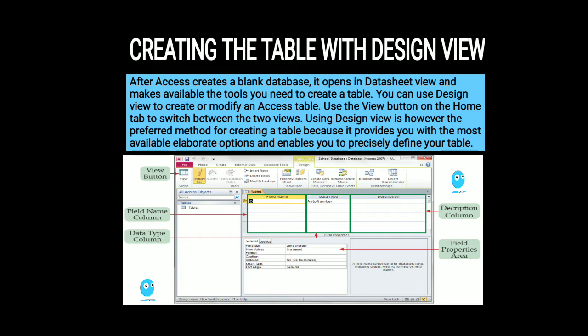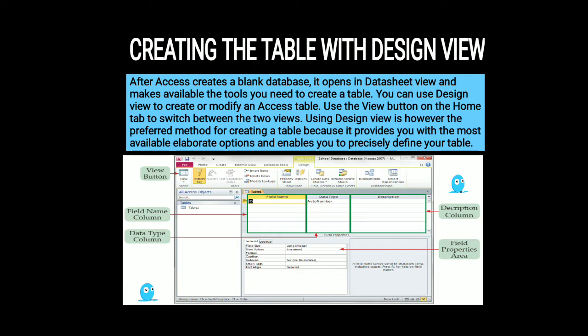In my previous video, I explained that in Access, data is stored in tables. A table is a set of columns and rows, with each column referred to as a field. The tables form an integral part of a database and store all the information. And all the data in a table should refer to the same or related topic.